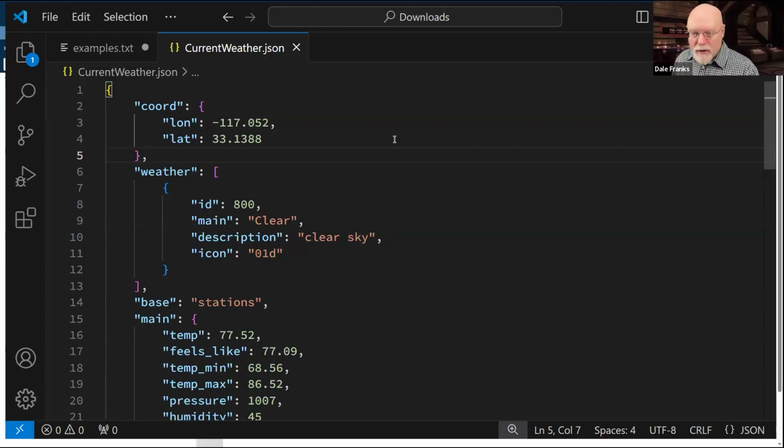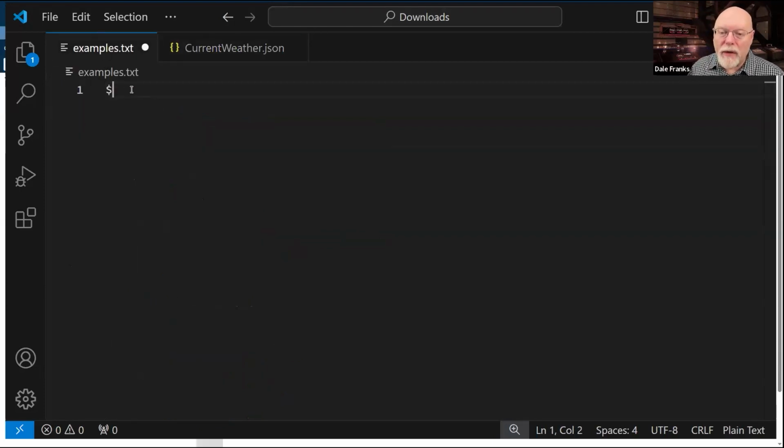JSON path doesn't work that way. The way that we discriminate between nodes is with the period character. So technically, every JSON path expression doesn't just begin with pound or dollar sign. It actually begins with dollar dot, because I've got to get past that first node. So JSON path uses a dot syntax rather than a slash syntax to pull data back from the JSON file that you received from your REST service.